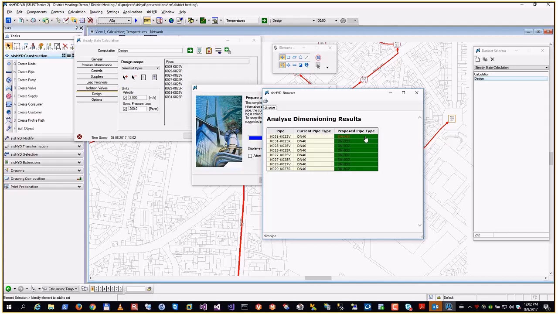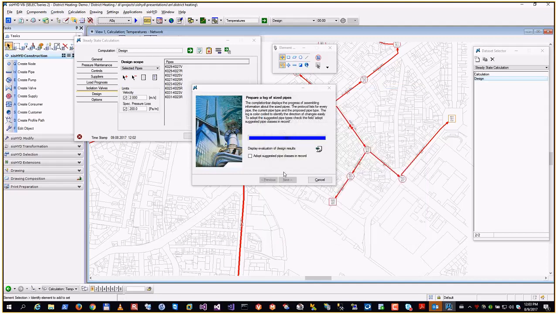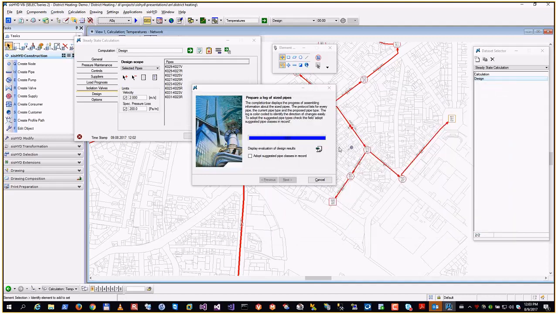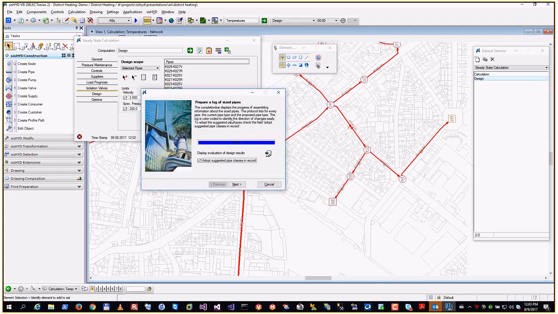If it's the other way around and the pipe would be too small, it's indicated with a red color. In order to take over the proposed pipe types, you need to check this box to adopt the changes,